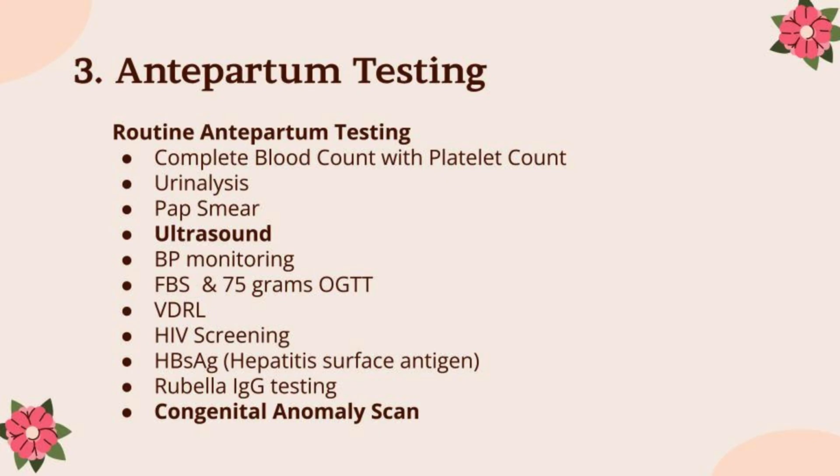Routine antepartum testing is done throughout the pregnancy of someone with CIN, like Anna. So that includes complete blood count with platelet count, urinalysis, pap smear, ultrasound, blood pressure monitoring, fasting blood glucose and 75 grams of GTT, VDRL, syphilis and HIV screening, hepatitis B surface antigen and rubella IgG testing, and congenital anomaly